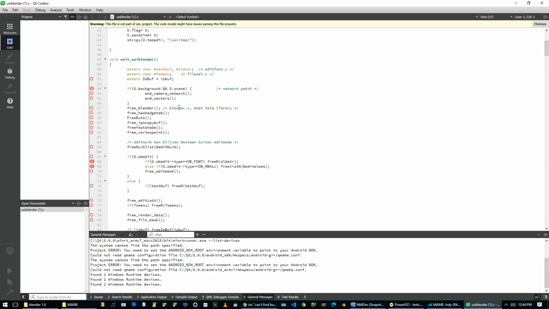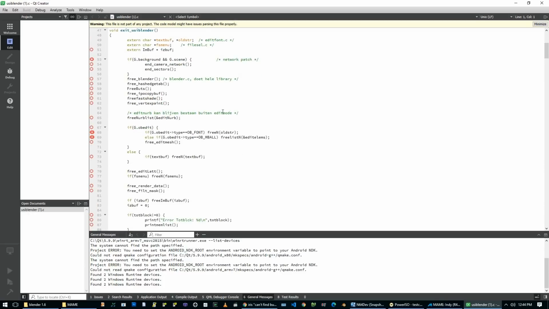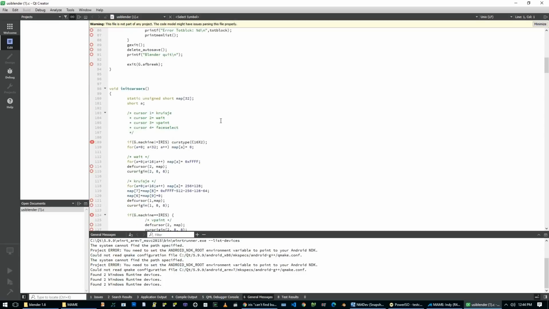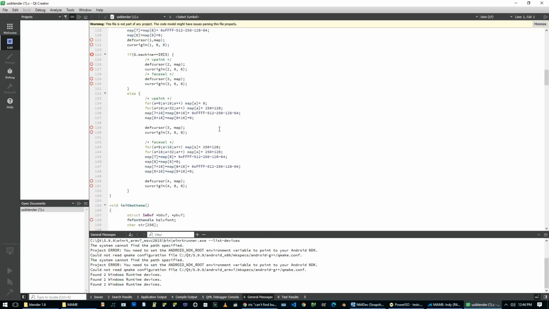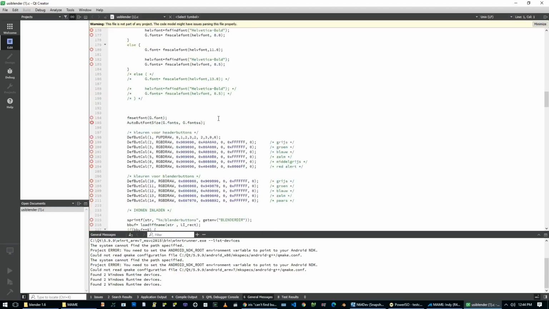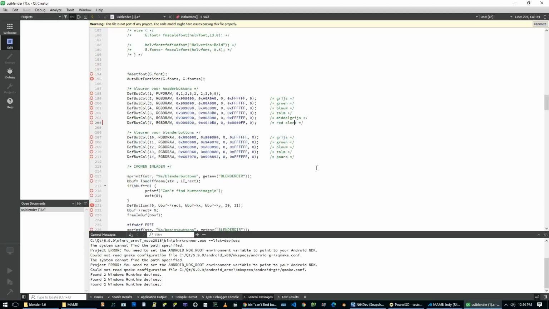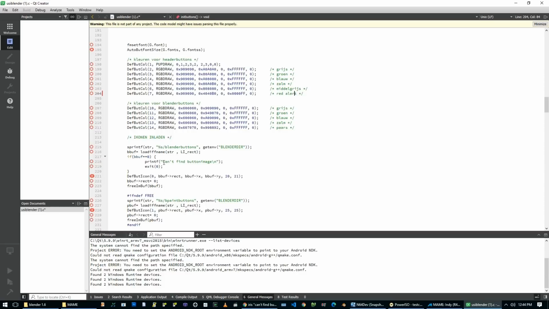And I do like how I can't read the comments, but it does appear to be pretty well commented, which I like. And you know, I can read some of them. For instance, I can't read this or this or this or this, but I can read red alert. I don't know what that means. Apparently, at one point there was a header button called red alert. I don't know if Blender was an early warning system for nukes or something, but here's the line in question: